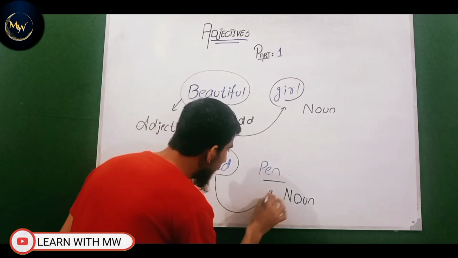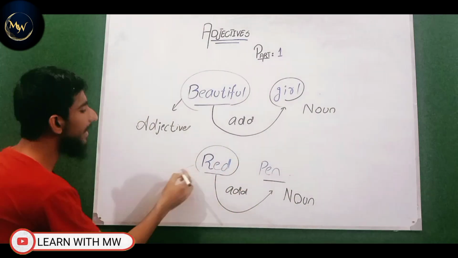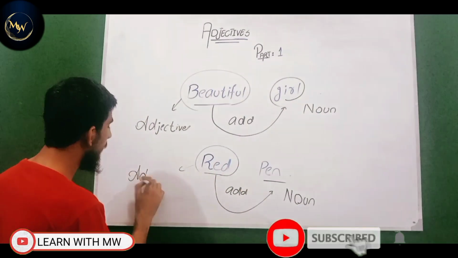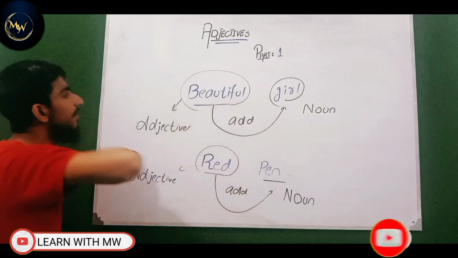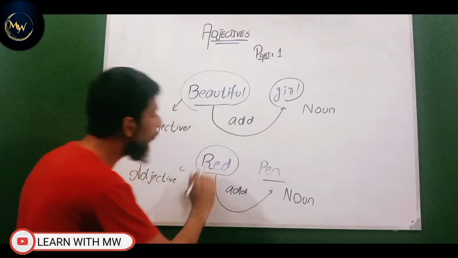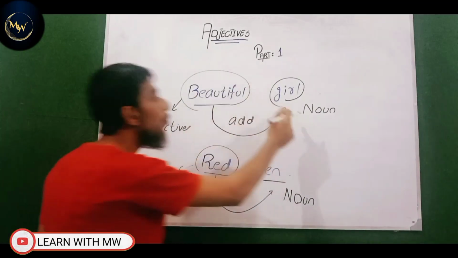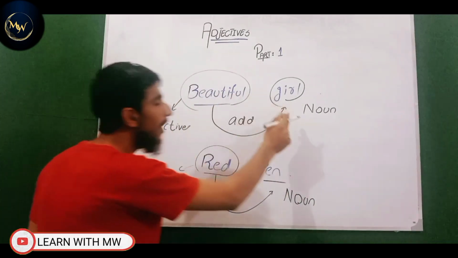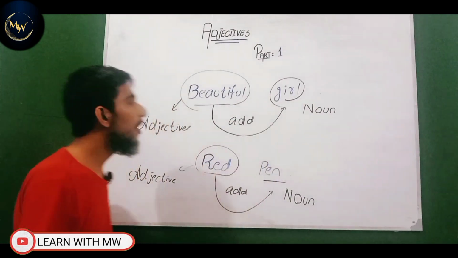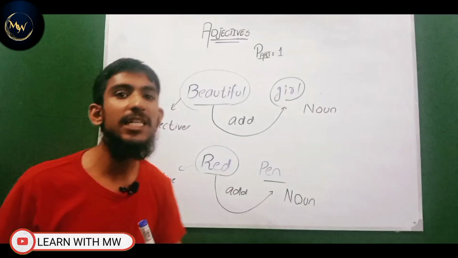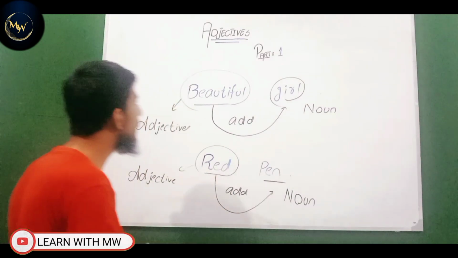Red basically adds meaning to the noun pen. That's why red is an adjective in English grammar. But look at what beautiful does with the girl, and what red does with the noun. Beautiful gives us the quality of the girl, and red also gives us the quality of the pen. So an adjective that shows the quality of a noun or pronoun is called a